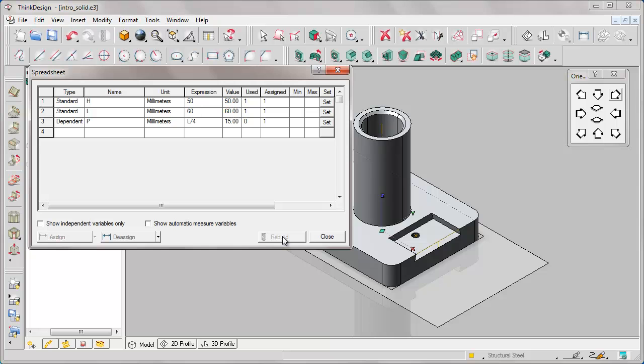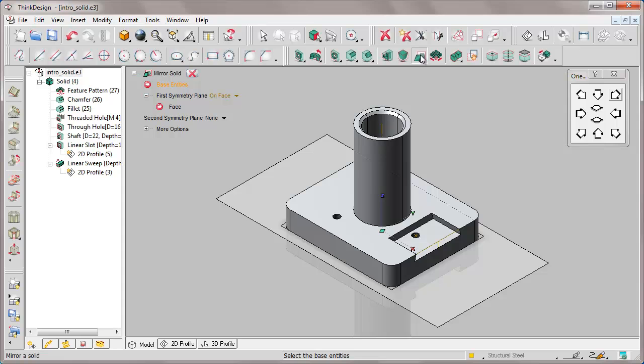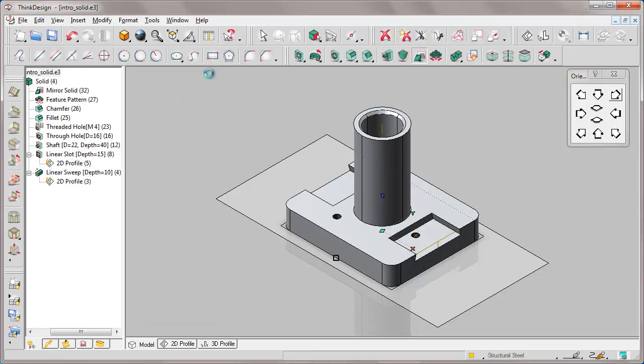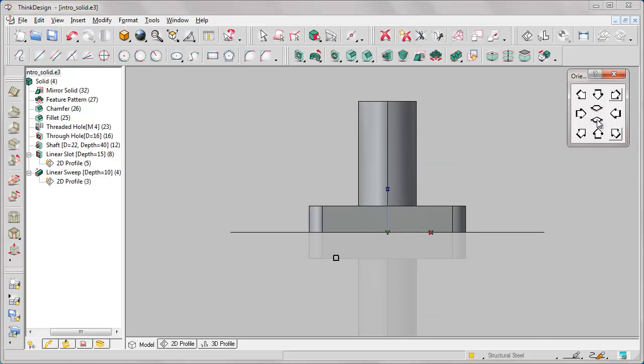Let's now apply the Mirror Solid command. This is because we want the same blind slot exactly on the other side as well. That's why we define a symmetry plane perpendicular to that axis and passing through the midpoint. Therefore, having specified the symmetry plane, we confirm the replay, so the mirror in this case of the blind hole made on the left side. We can check by the usual predefined views.